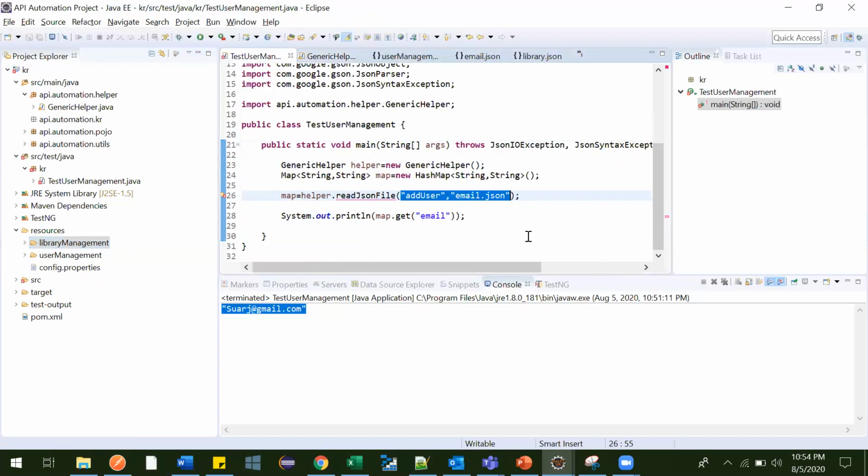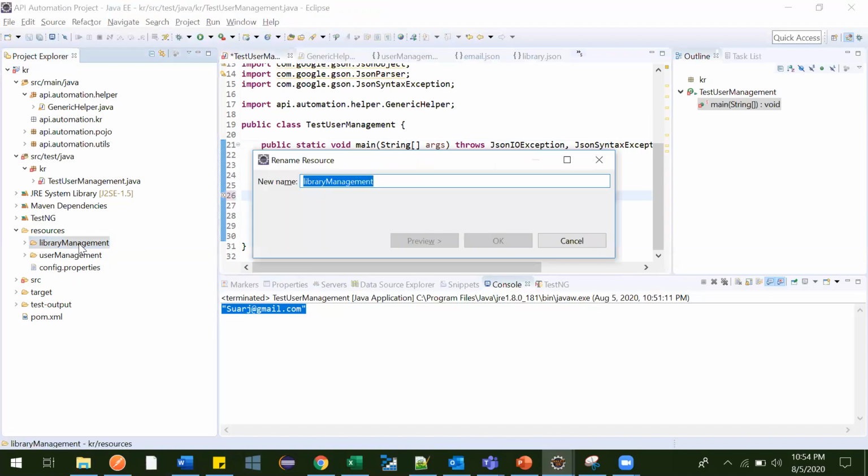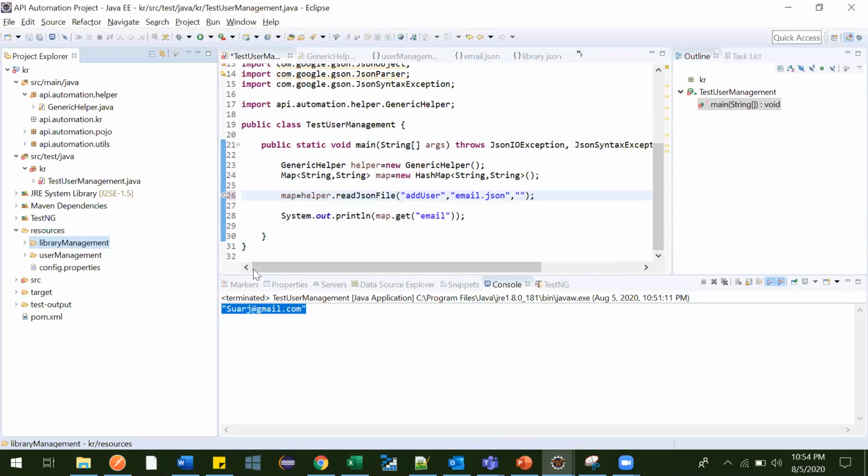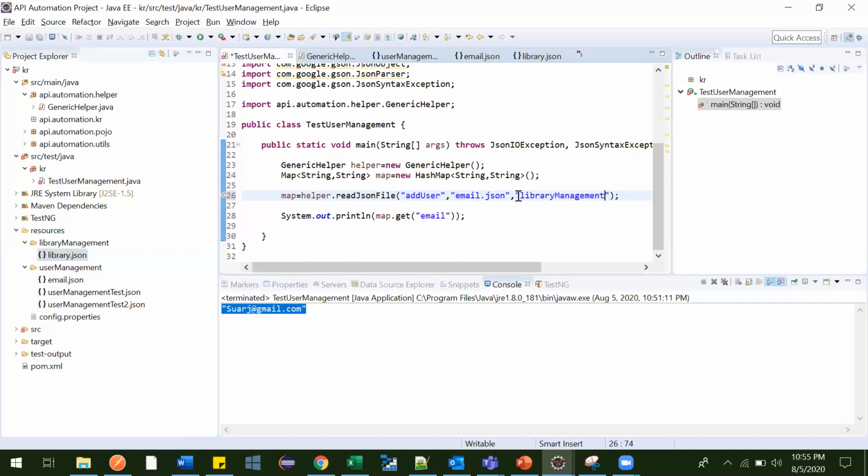So let's go here and provide the folder from which you want to read. Let me type library management now. I don't want to read from this file, I want to read from this file. So library management, perfectly fine. Now what information do you want in library management? We don't have add user, right?